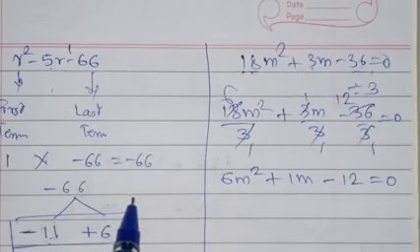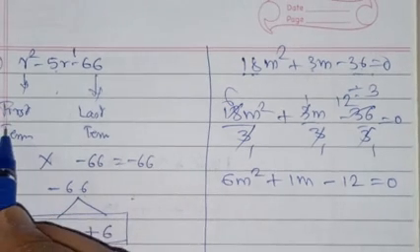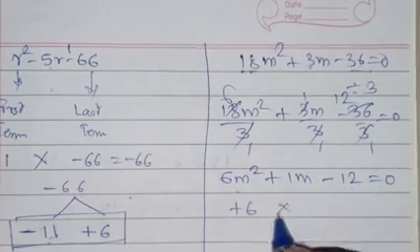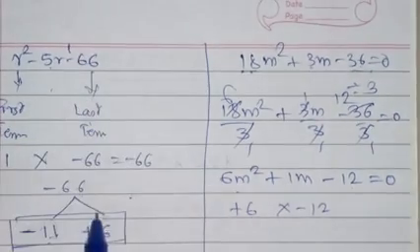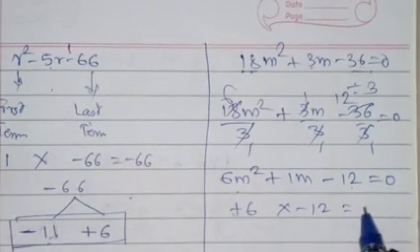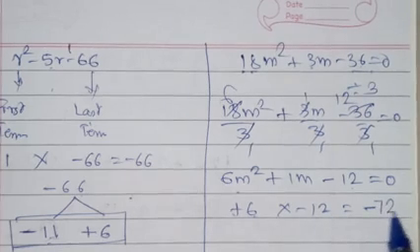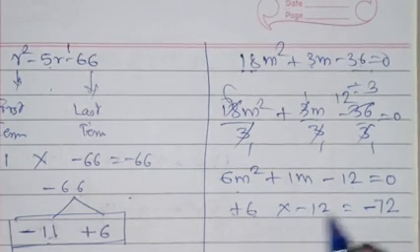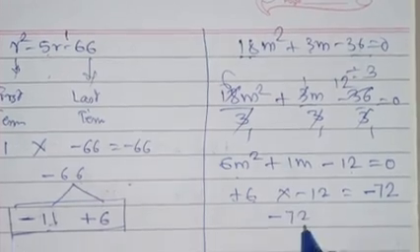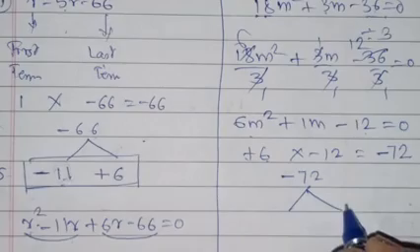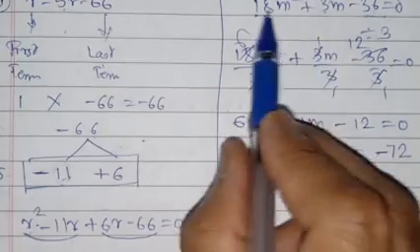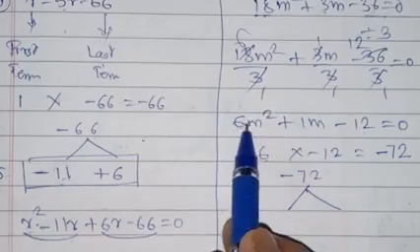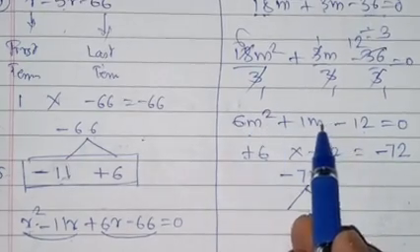As usual, we can use first term and the last term. First term is 6, last term is minus 12. As we have learned from this sum, we have plus into minus, minus 6 into 12, 72. Did you get it? So here we have minus 72 to find the factors. It's very simple. Now since we don't have to consider the earlier quadratic equation because we already simplified this equation, we have to find factors belonging to this quadratic equation. Are you getting my point?